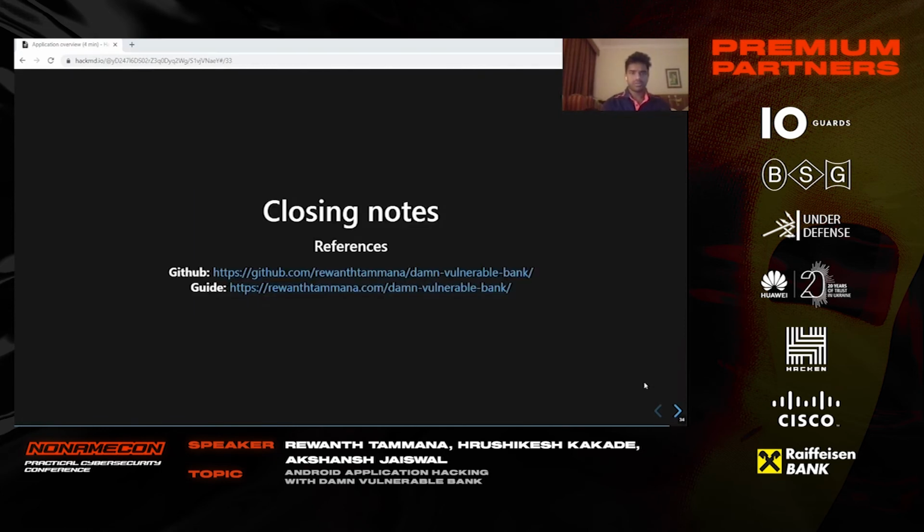So, just some closing notes. With this all said, we developed this application, the Damn Vulnerable Bank, with the willingness to share, learn, and teach Android application security. We want to give the community what we didn't have when we got started. Just knowing the OWASP top 10 vulnerabilities will not help us in the long run or when we try to pen test applications